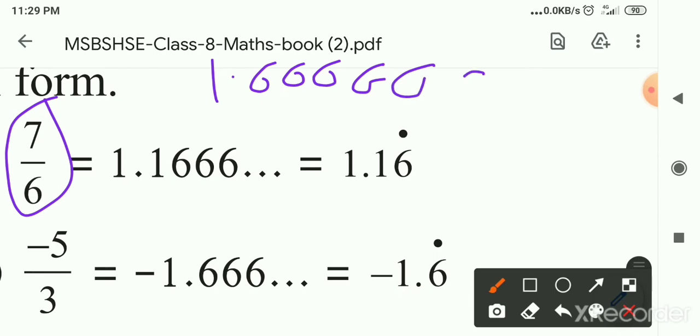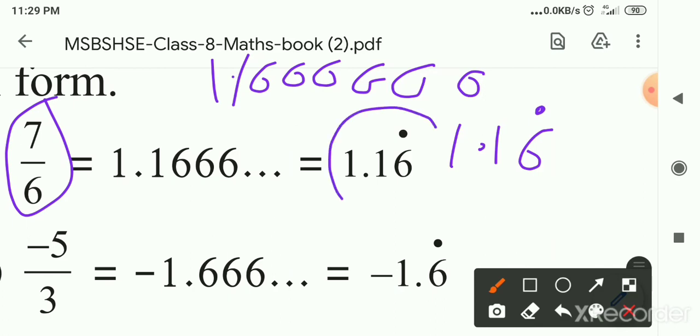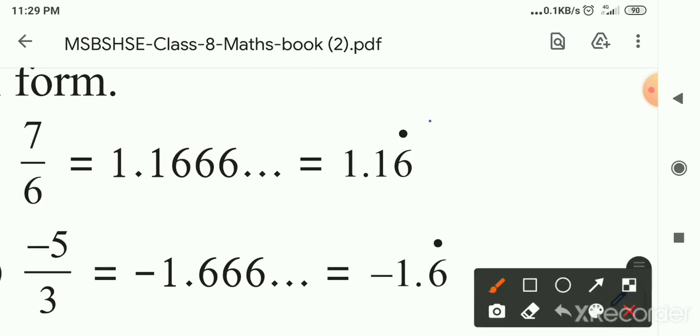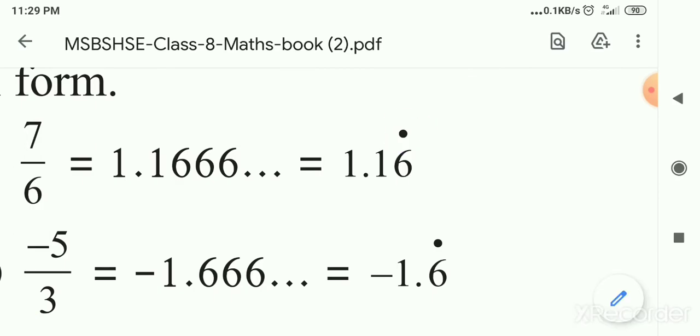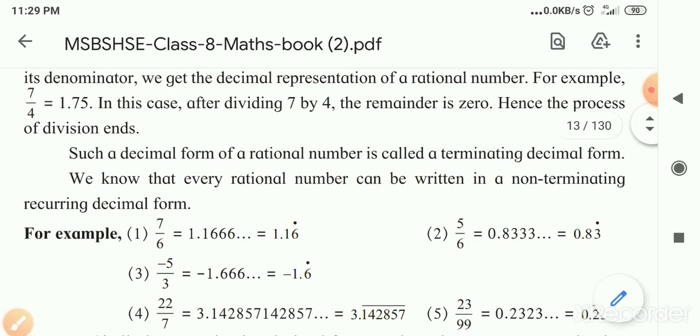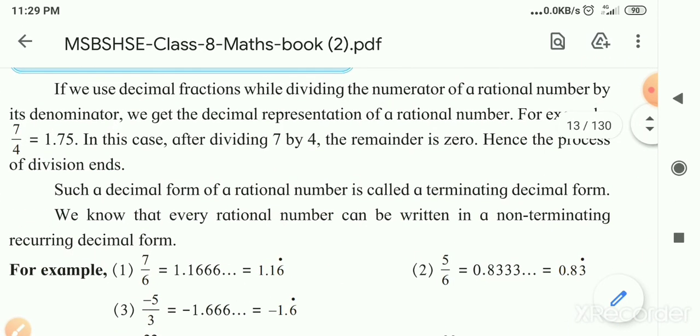1.1666, with 6 continually repeating. So which number is repeating? 1.166, 1 6, and which number is repeating? On the head of that number we have to give the dot. So the answer is 1.16 with a dot. The meaning of that dot is that the number is repeating. Okay, now here,